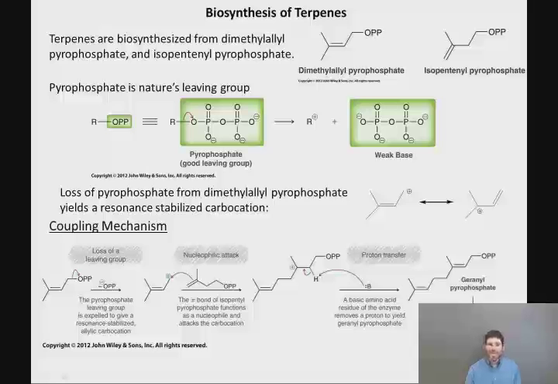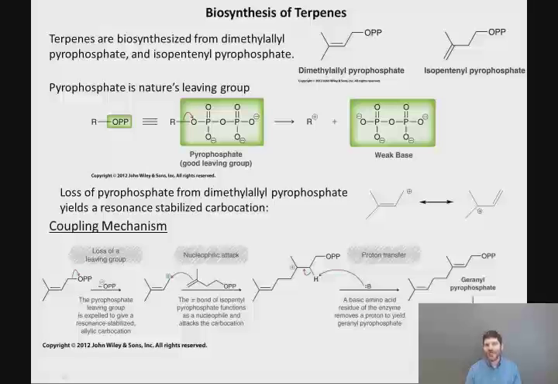So in this case, we've already dealt with the dimethyl allyl pyrophosphate. Now we use the pi electrons of isopentenyl pyrophosphate to act as a nucleophile, form a new carbon-carbon bond, and attack the carbocation. This will leave us with a new carbocation. This one is not resonance stabilized, but as you can see, it is a tertiary carbocation. And then all of these coupling reactions are, of course, enzyme catalyzed. So they're happening at whatever the pH is of the organism that is making them. So they don't happen under strongly acidic or strongly basic conditions,